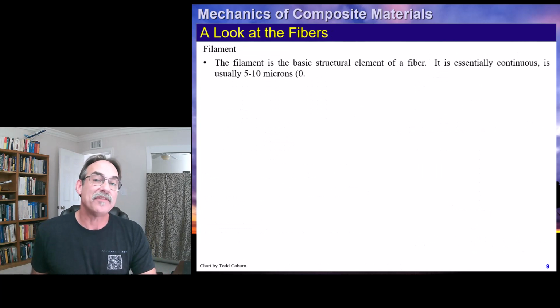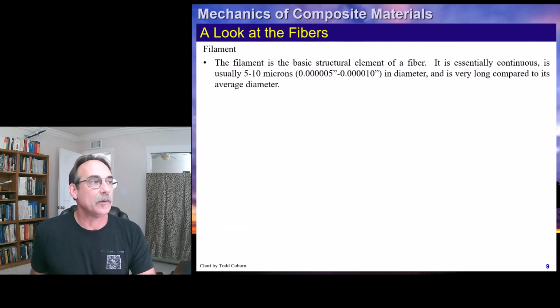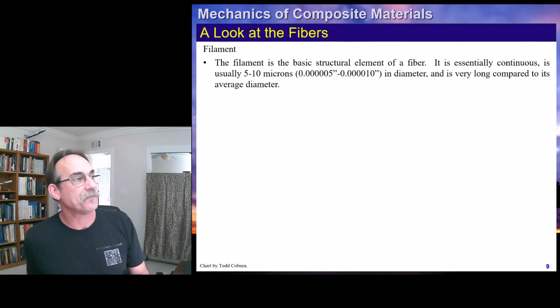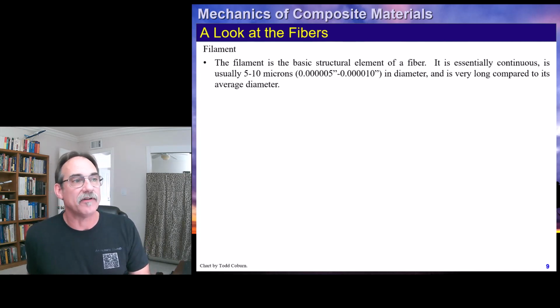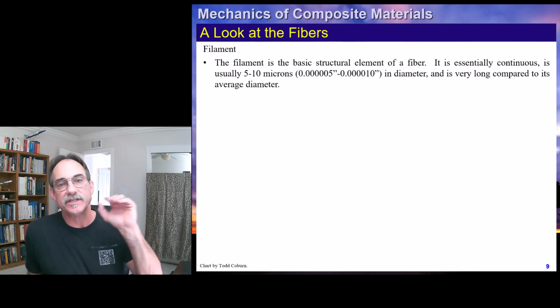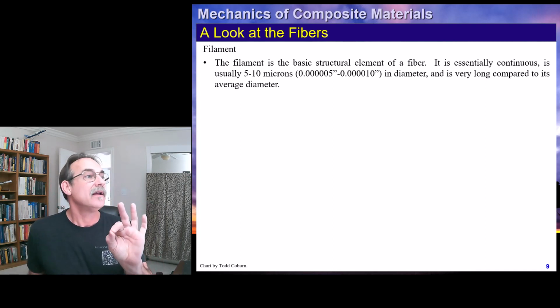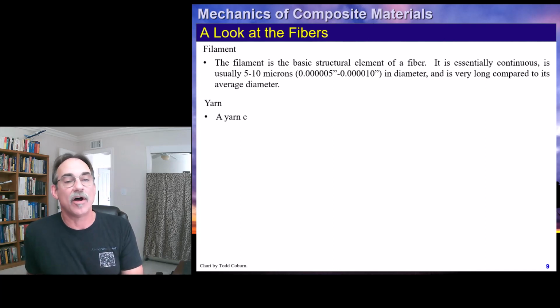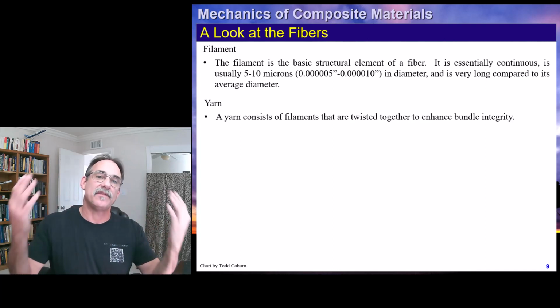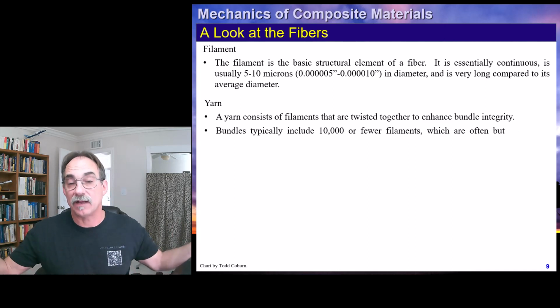So let's look at some of the constituents that we're going to be dealing with a lot. The first one is fibers. We could call the filament the basic structural element of the fiber. It's basically a continuous element, like a little string, about 5 to 10 microns in diameter, and it's very long relative to its diameter. Now, we like to think of that, each fiber is running from complete end to end